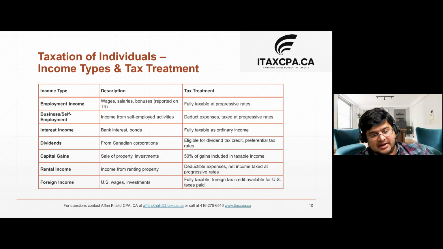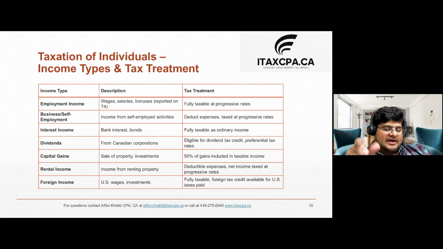So that's one of the categories for dividends, like foreign dividends. Now with Canadian dividends, we have two different categories. There are large corporations or public companies. So any public companies or large corporations, when they pay out dividends to the general public or investors, the Canadians get